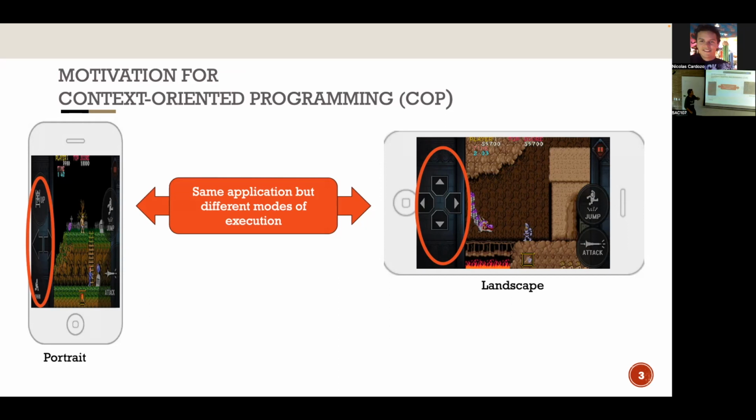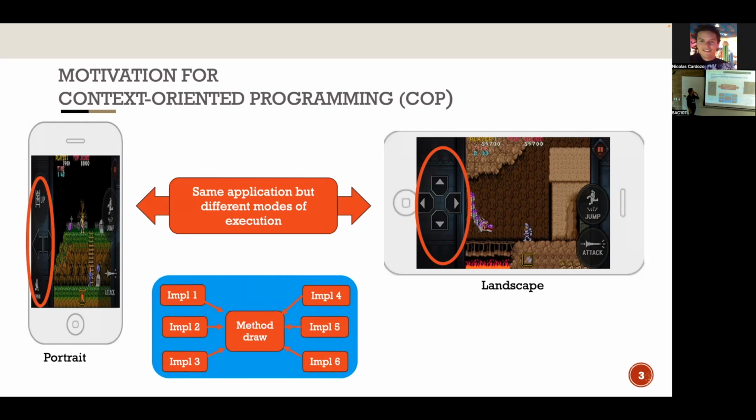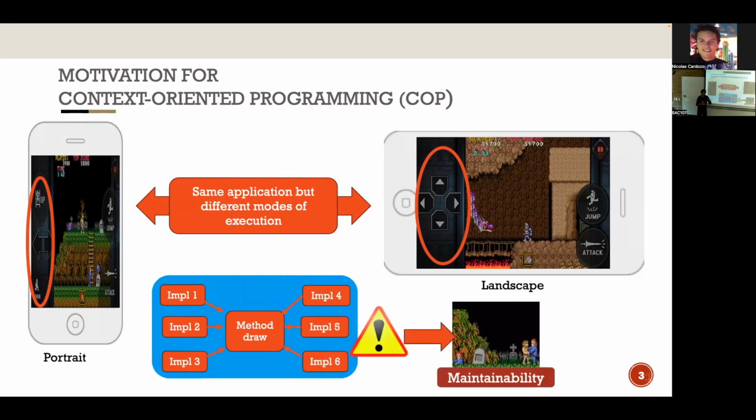Well, there are a couple of ways of doing it, but the main idea is that eventually you will have to define a pool of methods that define this behavior for all these different situations, and you will need to manage them somehow. And this is problematic for a couple of reasons, but the main problem is the maintainability of this approach. And part of the problem is that whenever you have multiple implementations, like in this case, adding a new